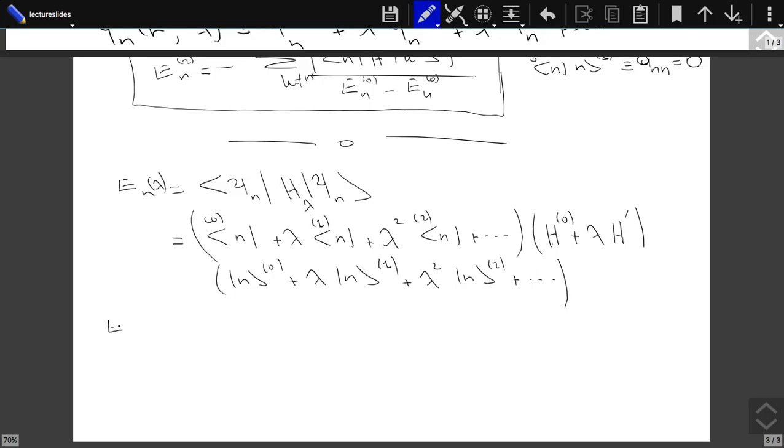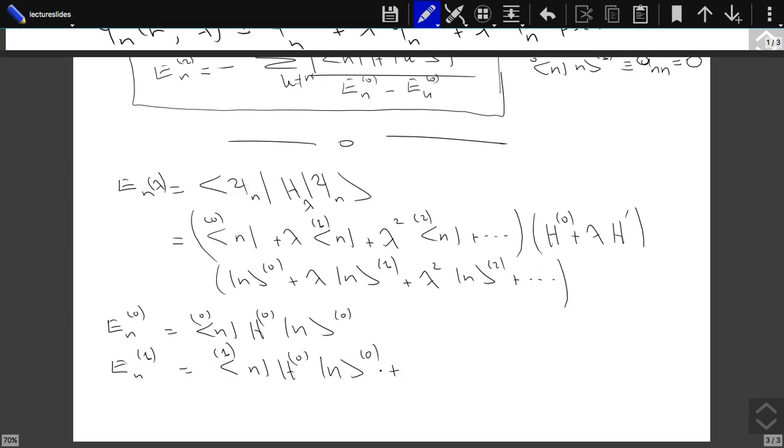So this tells you that E_n0 is equal to ⟨n0|H0|n0⟩. This is already, we know that |n0⟩ is an eigenstate of H0. E_n1, the first correction, would be, just collect the λ to the 1 terms on both sides. So we have λ to the 1 will be, let's see, ⟨n1|H0